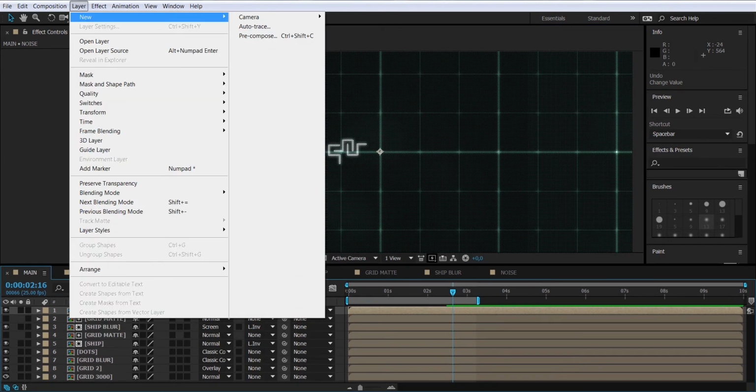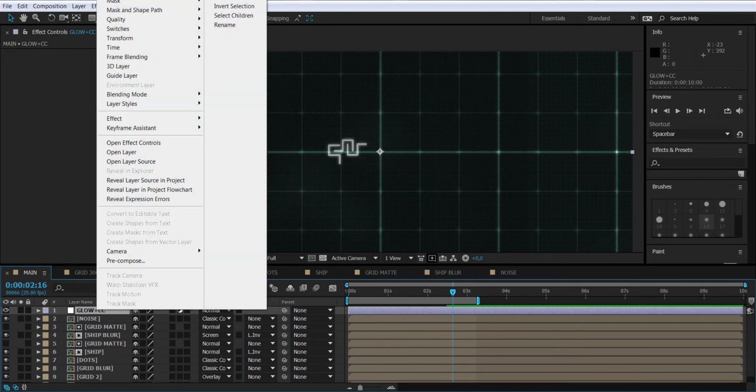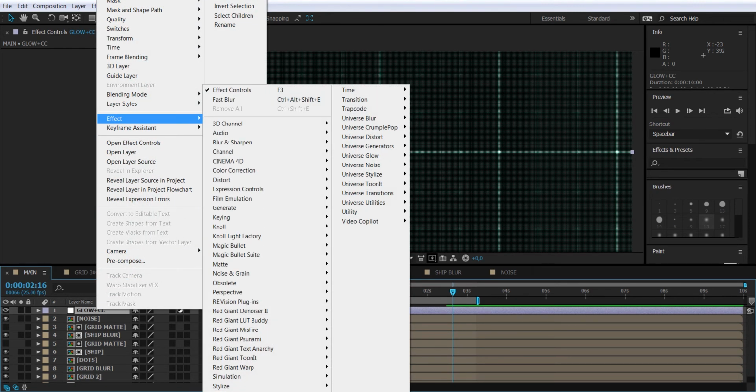Okay, so now time to polish everything. We will create a new adjustment layer. We'll call it Glow plus Color Correction. Since it's an adjustment layer, it will affect everything underneath it. So we'll select the layer, Effects, Stylize, Glow,